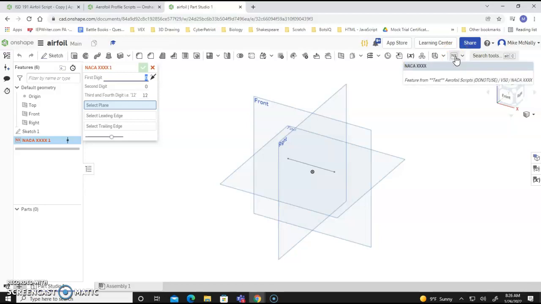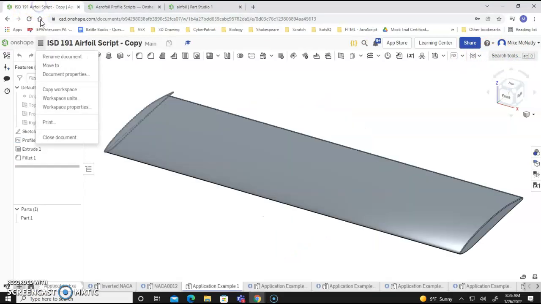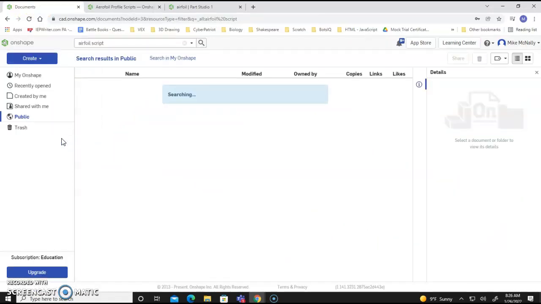It wasn't on my computer up till a minute ago, and it wasn't that easy to figure out how to do, because they say to just go to Search Tools and type in NACA XXXX. That did not work for me. It did not find it. Here's Search Tools. It didn't find NACA XXXX. I had to do this. I'm going to go here. You can see my wing document,